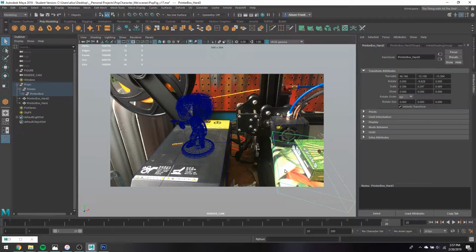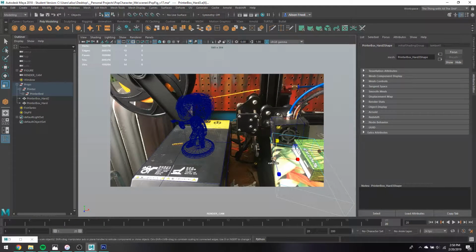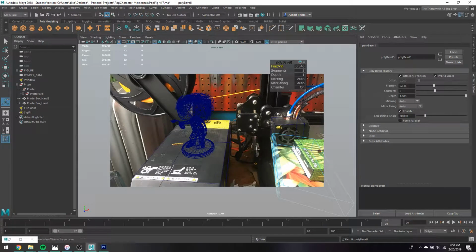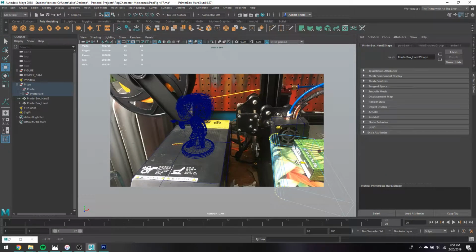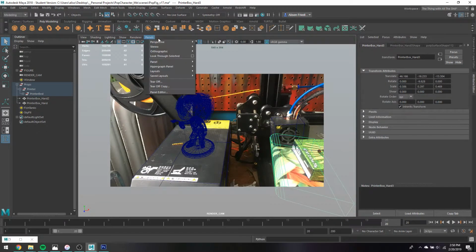So I'll grab this, and you'll also notice that this edge here is super round, so this is an object I would definitely want to go in and smooth. I might also just cheat the crap out of this with a bevel. I just grab these two edges here and do Control B to bevel that. And if I make that a really large edge, you can see that it pretty much bevels that whole area in there. It's also made a bunch of icons, but for now I'm just not going to worry about that. So if I go back into my perspective view,